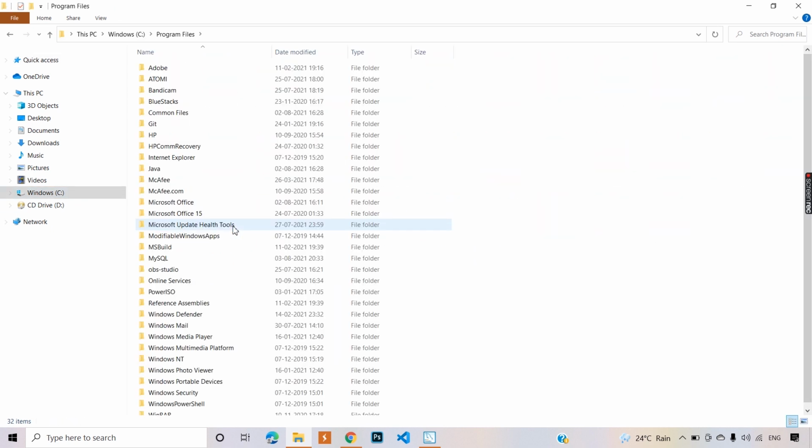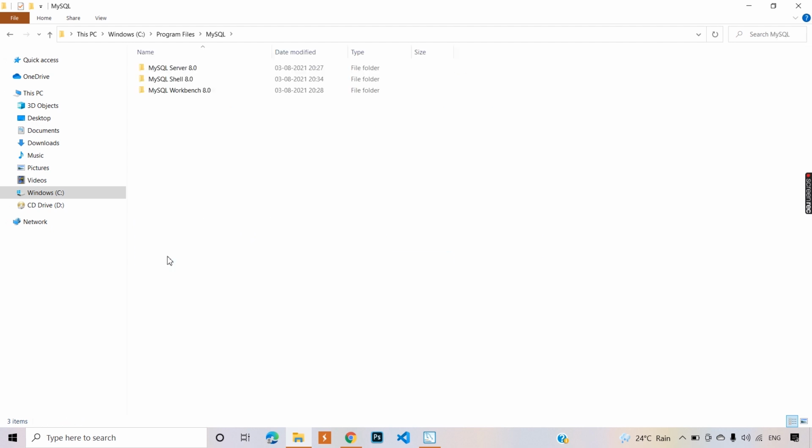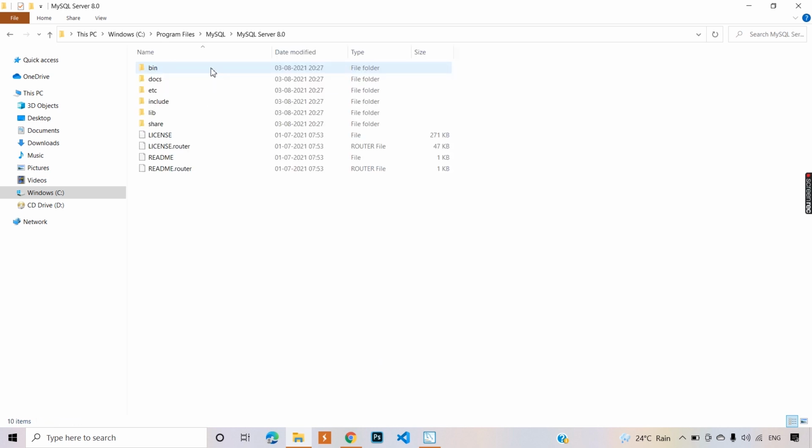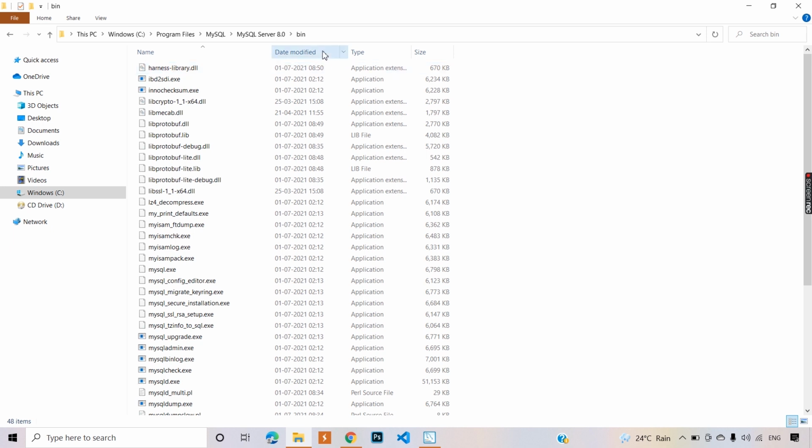Here you can see a folder MySQL, open it, and in these three open MySQL Server, then open the bin folder, and after this just copy the path of this bin folder.